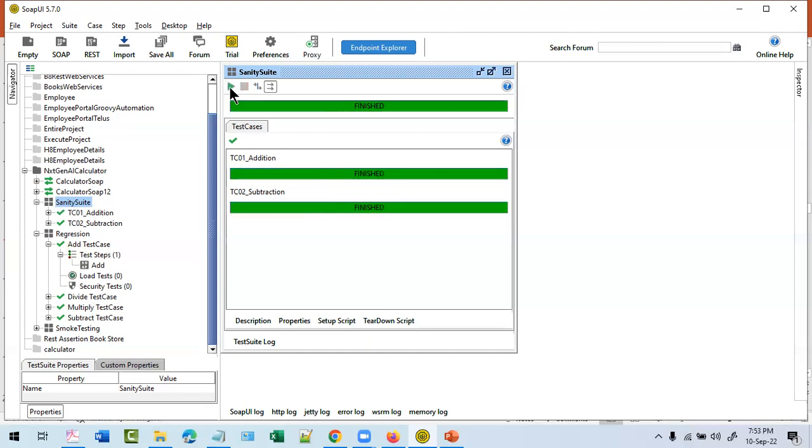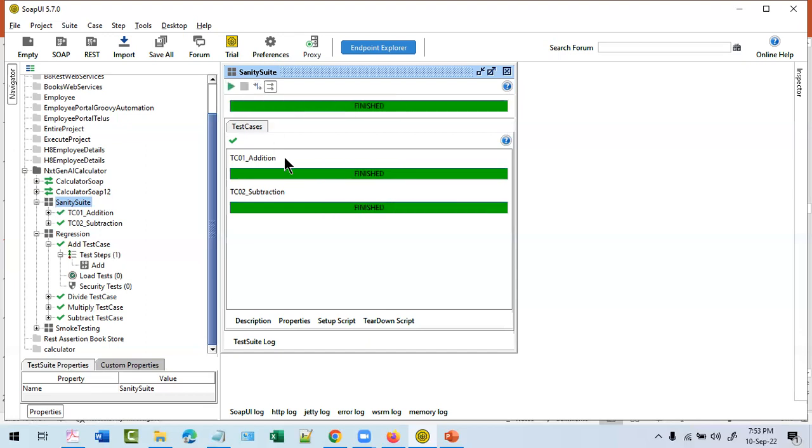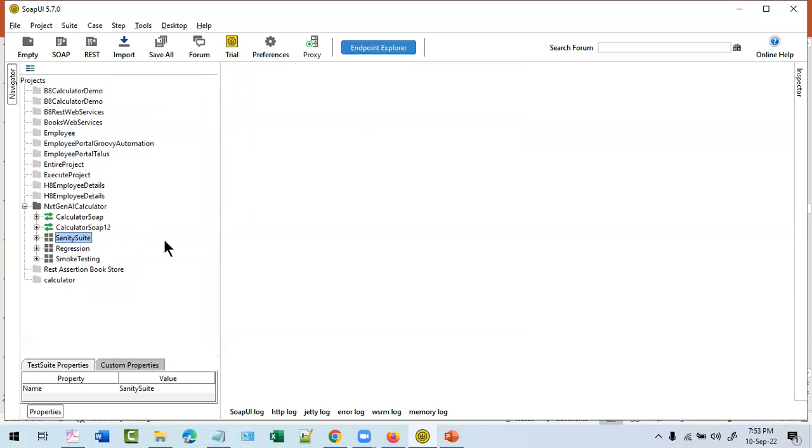If you observe, there is a very minute, microsecond difference, but it started together. So what is the advantage of parallel execution? Of course, it saves execution time. And again, if you want to execute the whole test suite, sanity, regression, smoke testing, we have a double